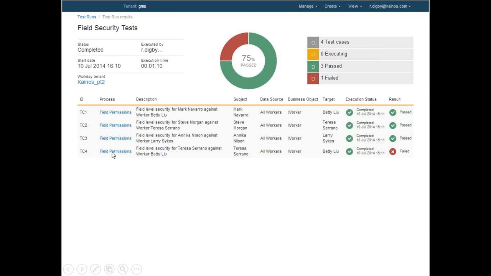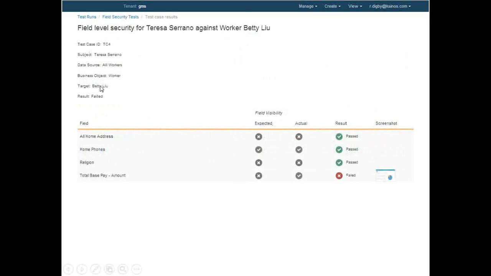If we have a little bit of a closer look at the one that failed, this is the example that I pointed out where we would be checking Teresa Serrano's access to personal information associated with Betty Lou. As we input it into the wizard, Teresa Serrano should not have access to Betty Lou's home address, and when Smart executed the test, it found that Teresa did not have access. Teresa should have access, however, to Betty's home phone number, and Smart found that yes, she did have access to that particular field. Teresa should not have access to the religion field, and Smart determined that Teresa could not see